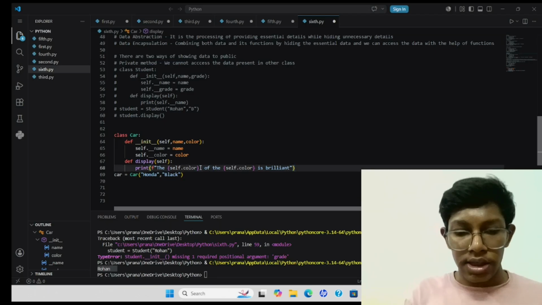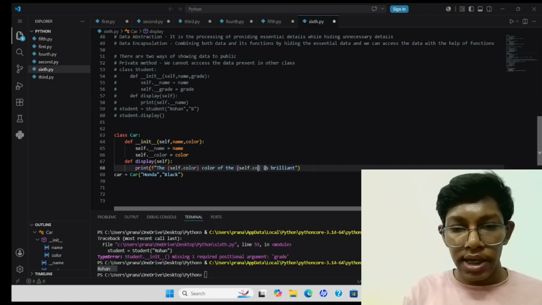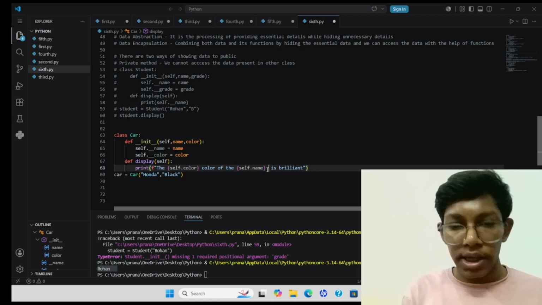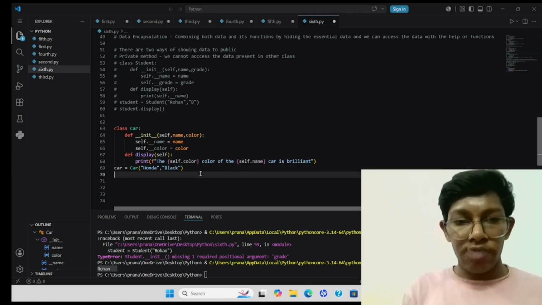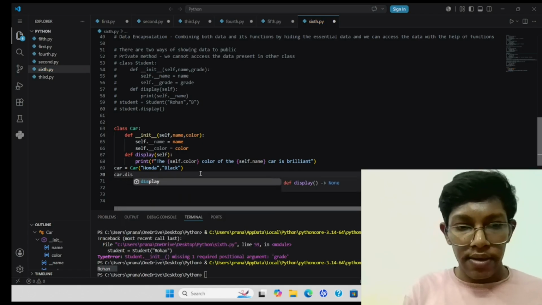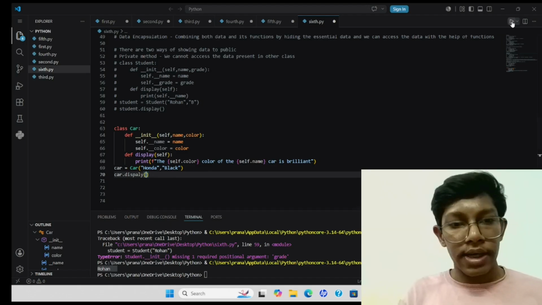Suppose I write here color, "The black color of the", and then I write here name. So the black color of the Honda car is brilliant. Suppose I want to print this. Now I would be calling my method with car.display. So now if I print it,